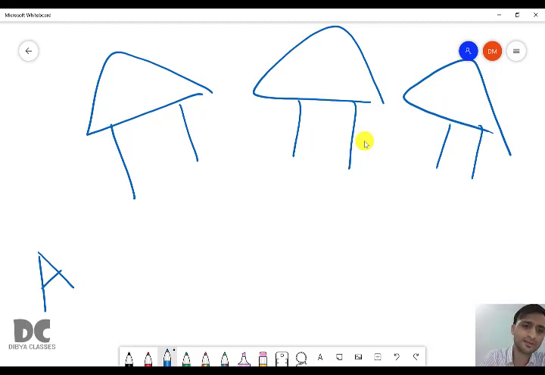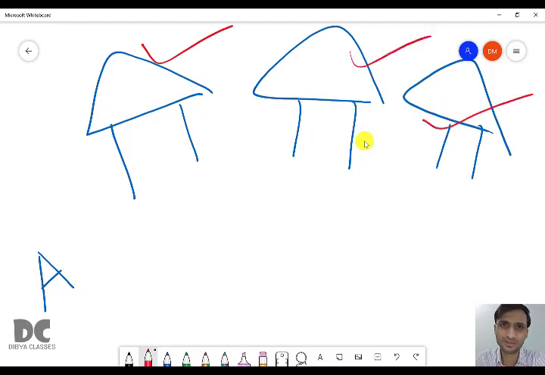How will I know which is A's house? So we should give a name to this house. In our case, we give a flat number or an address, right? All houses have some address so that you can send letters or gifts, or you want to go to his or her house, right?